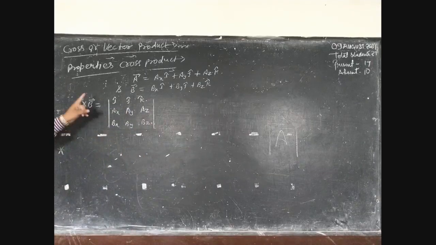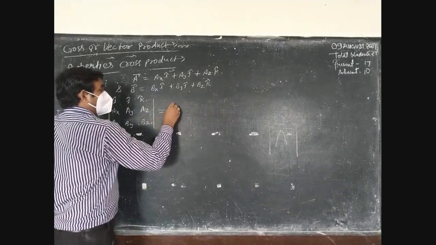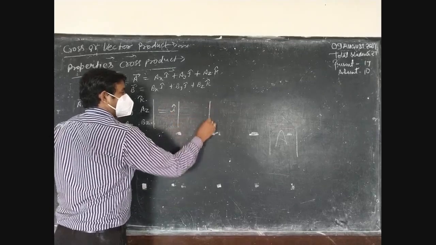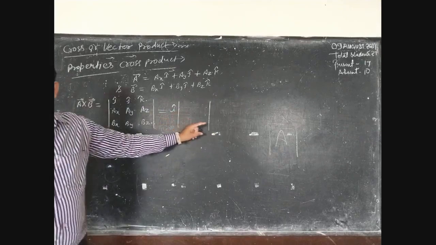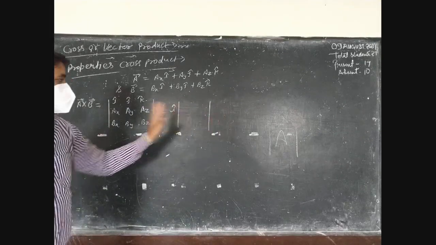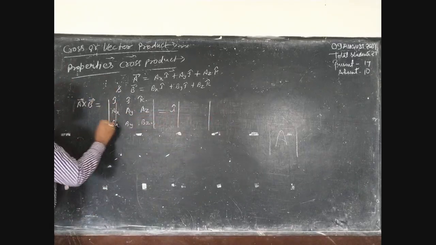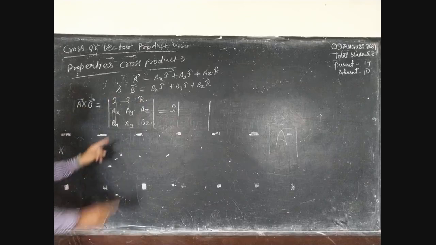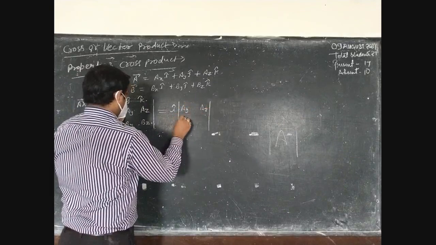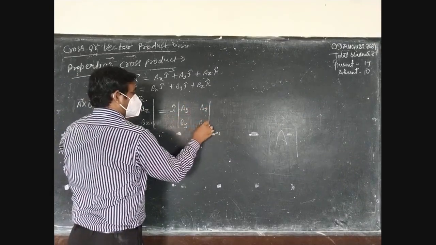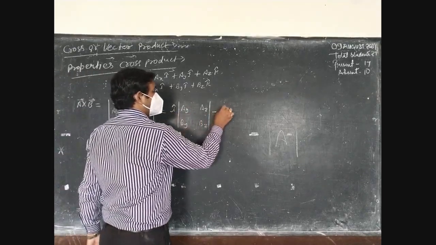This is how the vector is taken in the determinant. Then after I cap, this is how it is solved. You don't have to do this again and again, okay? For understanding, I will just tell you how it will be done. When you solve for I cap, then this and this cancel. You have to put these values: ay, az and by, bz. Then take alternate sign. It is positive, so it is negative. J cap.